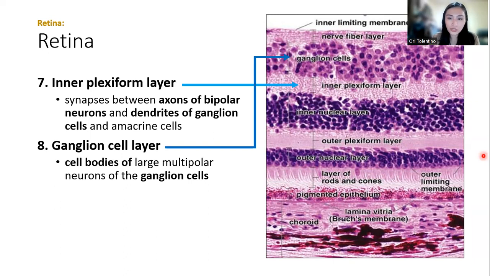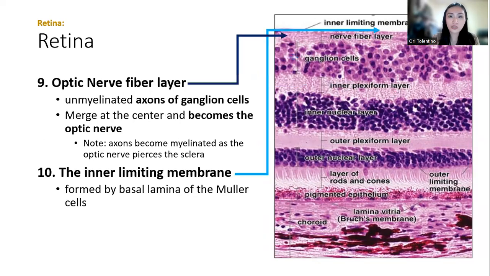whose axons become the optic nerve and will deliver the message to the brain. Okay, so your ganglion cell layer, as I mentioned, is made up of the nuclei of ganglion cells, which are large multipolar neurons whose axon fibers make up the optic nerve. So they send the visual stimulus to the brain. The next layer is the nerve fiber layer. It is made up of the axon fibers of the ganglion cells in the ganglion cell layer. All these axons are very long fibers that form this thin layer at the very front of the retina, and they meet at the back of the eye. Imagine they meet at the back of the eye and extend backward to become the optic nerve.